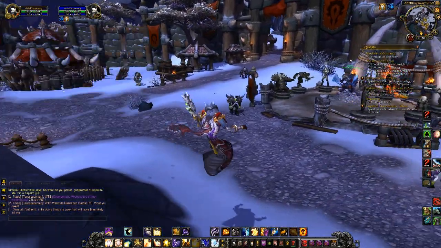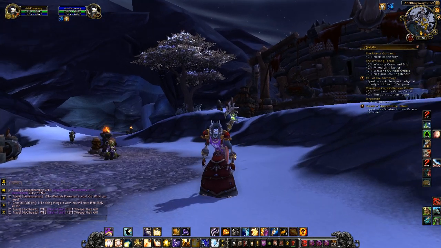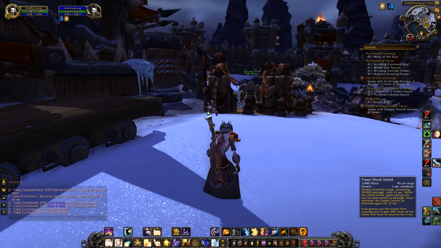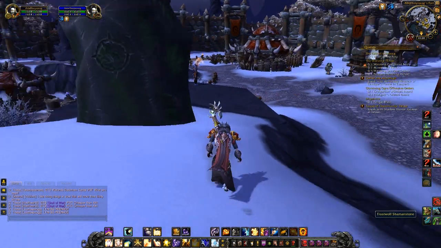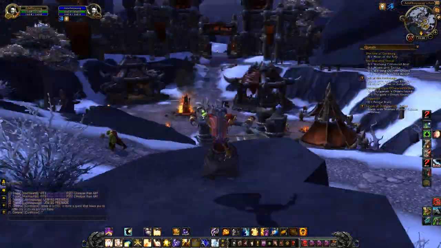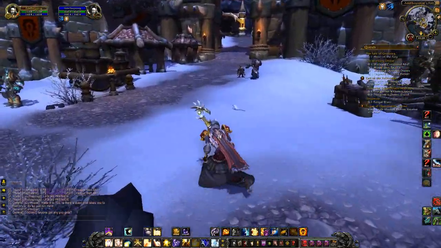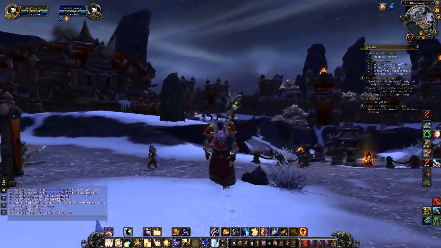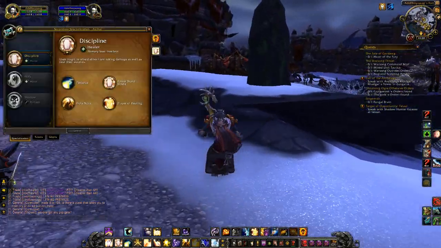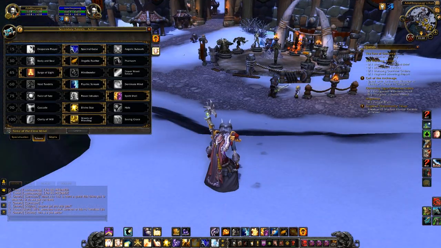Like I said, Disc is known for using bubbles, if you're not familiar. Disc highly revolves around using your Power Word: Shield as the main source of damage reduction. It's more of a damage reduction spec than anything, all about reducing damage rather than actually healing. It does have some good abilities to pick up your health, but the bubbles are where Disc shines. So when it comes to talents,